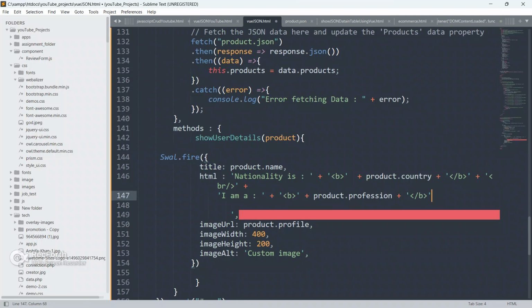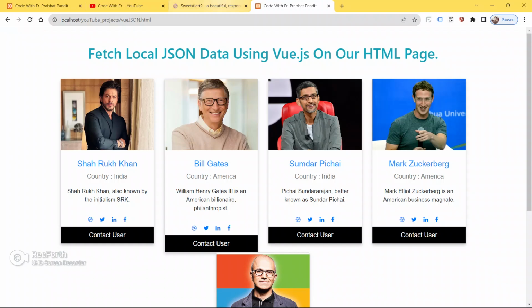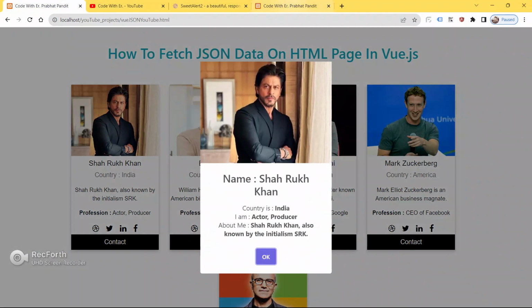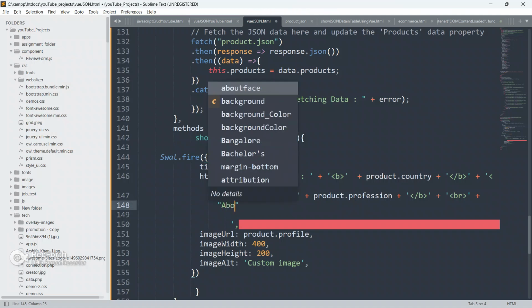Paste it here, and I will close this, and again put BR, so plus concatenate BR also here. Close this first also, and again I will put plus for concatenation. Now just go to the example and see what is next, so about me.